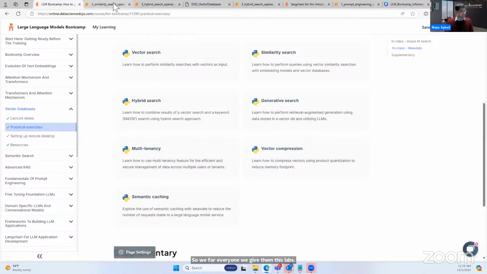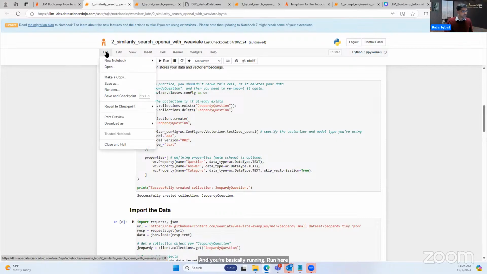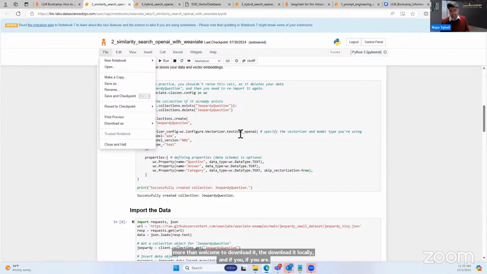You can click on this, open the labs, run these labs, and you have the API keys and the servers deployed, and you're basically running right here. And if you prefer to run it locally, you're more than welcome to download it locally. If you are somewhat more experienced in Python and setting up your Python virtual environments and all of that, you're more than welcome to download and run it locally. But we want to create this.